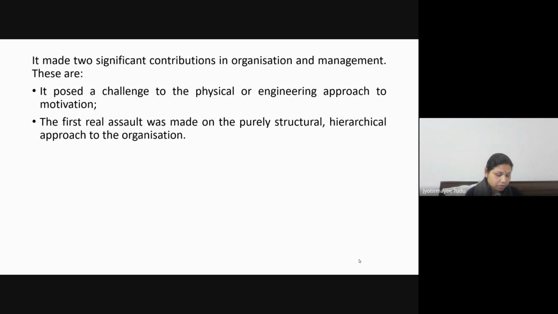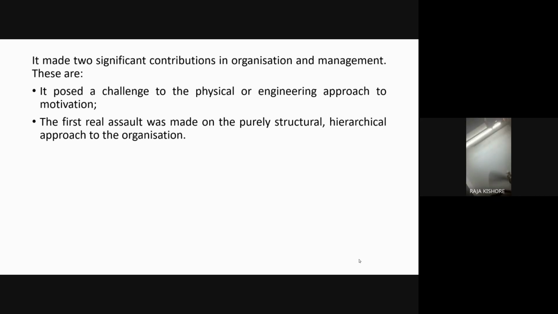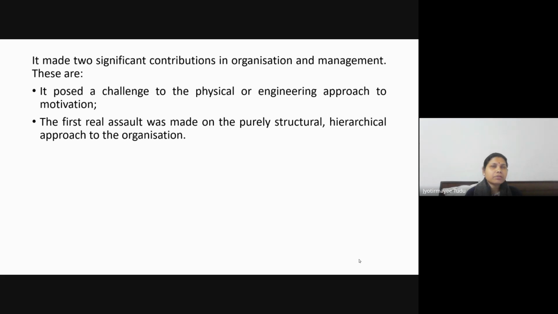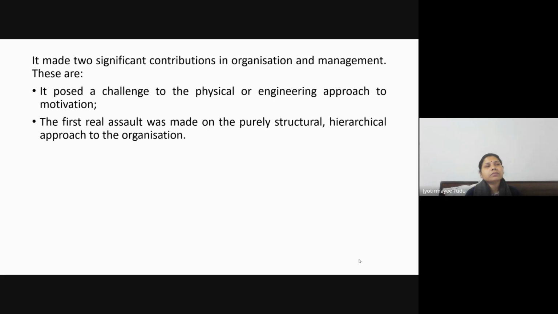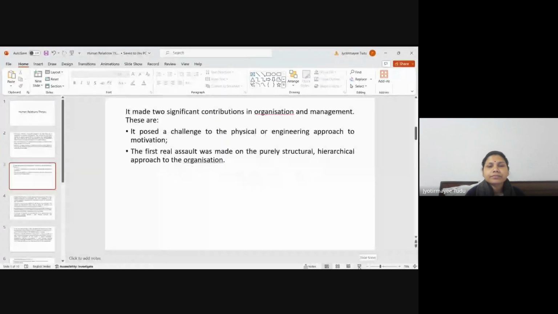Such a predominant understanding led towards the underestimation of the role of human beings in the organization. No doubt, in scientific management and in bureaucratic theory, they talked about the role of the personnel, but their functioning essentially has been viewed in the form of